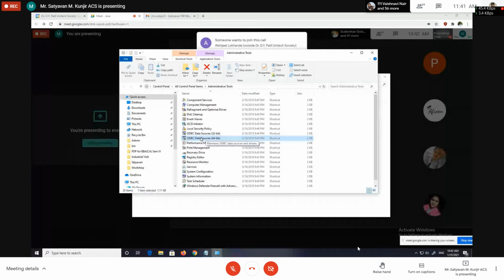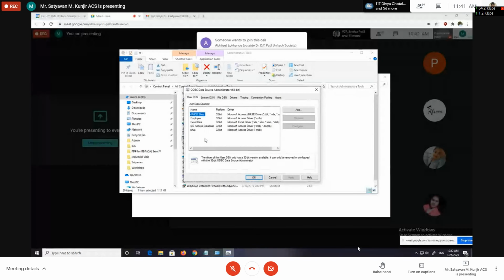I am creating in 64. Then we have to click on ODBC data sources 64 bit. I am double clicking on it. Then here we have to create DSN for access database. So click on MS Access database, and after that click on add button.